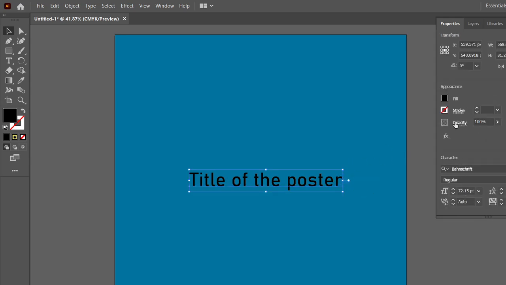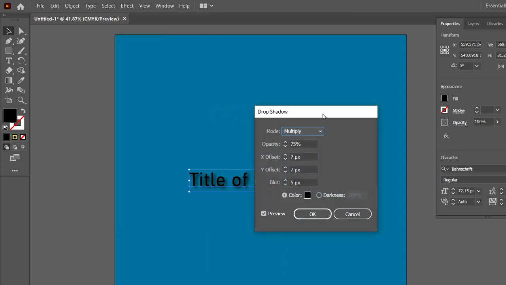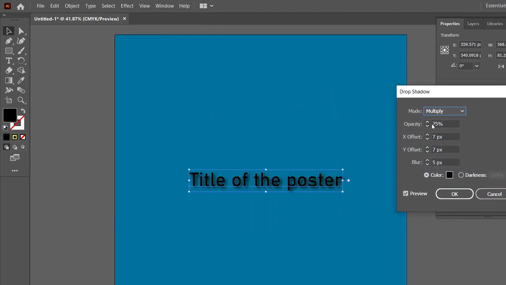And if you want to add some shadows here, there is also an Effect window, where you can find the Stylize option and use the Drop Shadow. Generally you can select the opacity, how much opacity of shadow you will be using, or the X offset, like selecting the direction of the shadow. So here are all the categories which we can use. And blur is also there, what type of blur. If you use 0 it will not blur enough. Generally, using the blur option is good for softening the shadow.